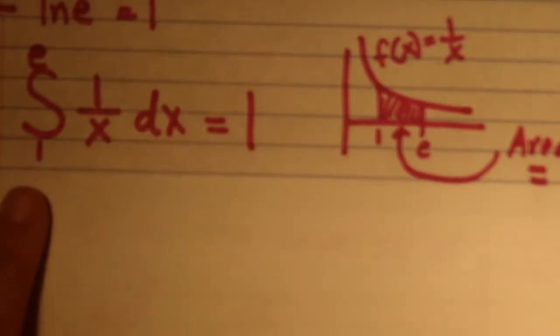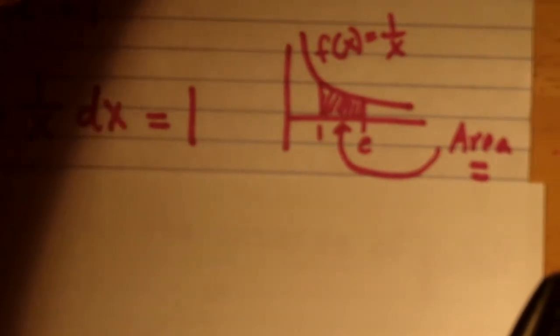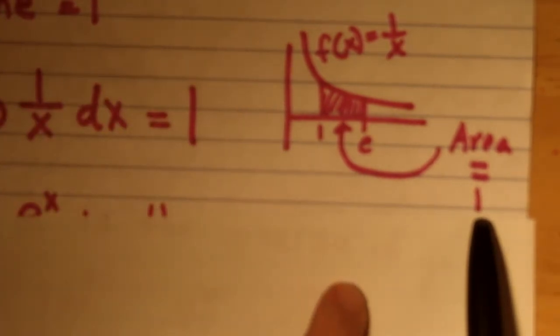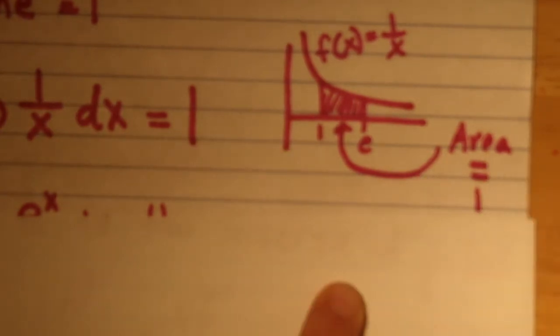All right, and so over here on the right-hand side, I drew a picture of that. And notice I labeled the area as 1, right? The highlighted area has a value of 1. So you already have this in your notes. It wouldn't hurt if you wanted to write it down again, because this would make a good test question: to give me a college definition of e. Tell me something about e other than just it's